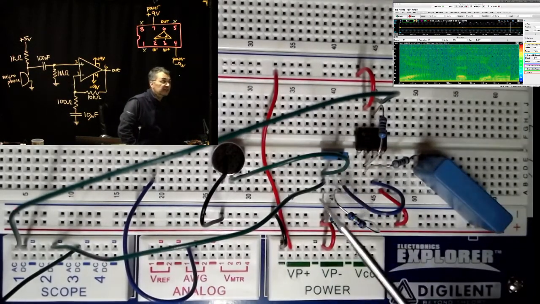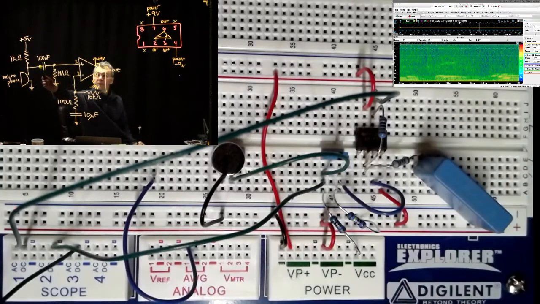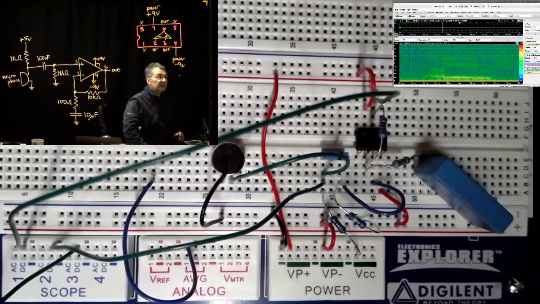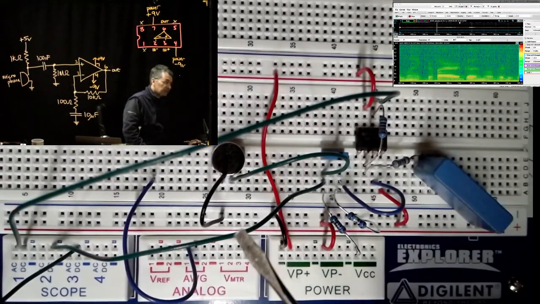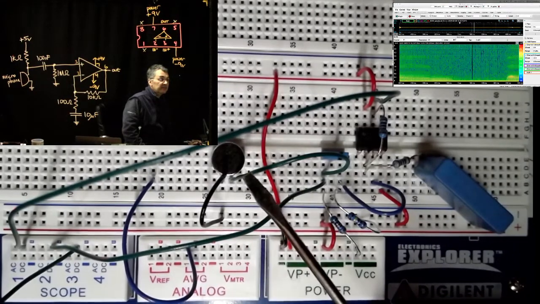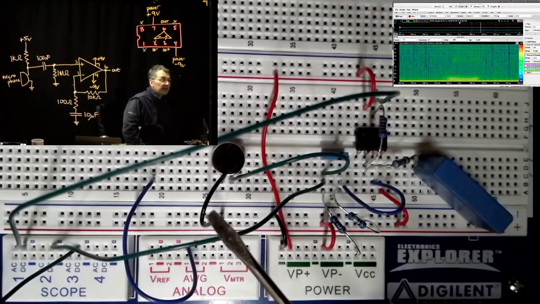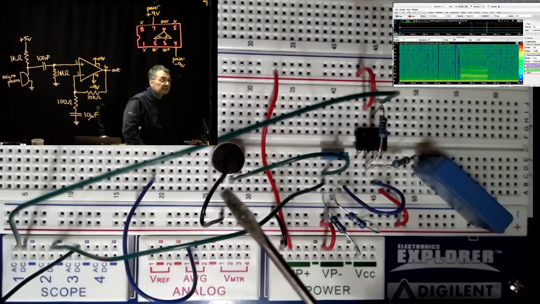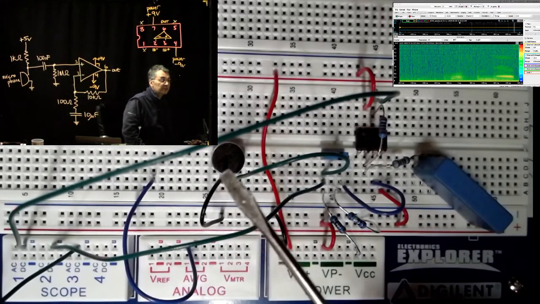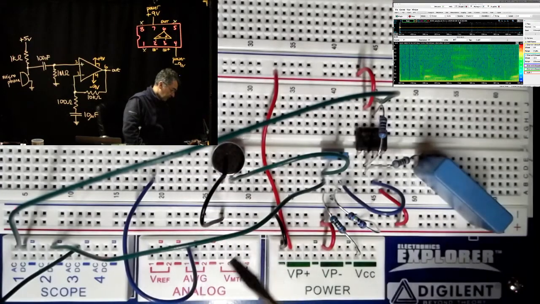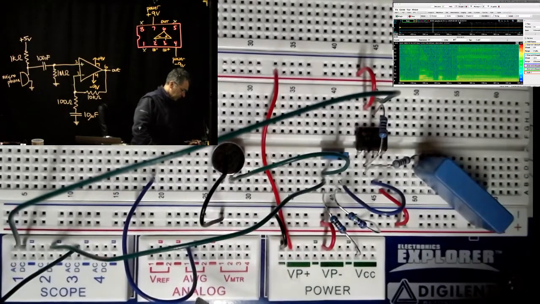The only thing that plugs in to the left of this capacitor is that little jumper wire going over to the microphone. From the bottom side of the microphone there's a wire going down to ground, but then somewhere here we have